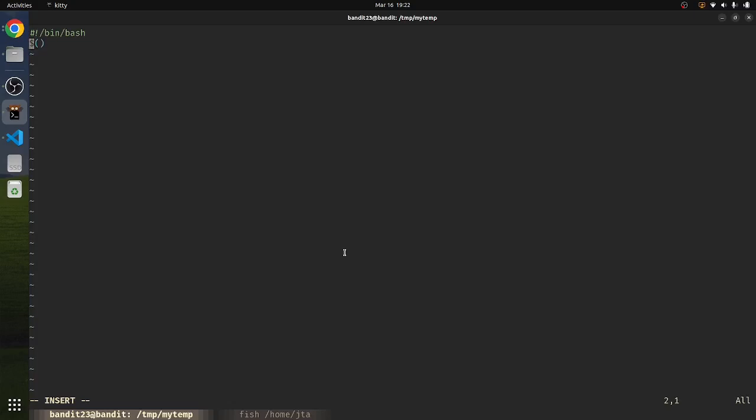and so we could do that by putting a $ sign and parentheses, and what we want it to do is cat /etc/bandit_pass/bandit24, and we want that to go into our temp directory, /tmp/mytemp, and let's just call it pass. I think that'll work just fine. Okay, so that's our sh file,